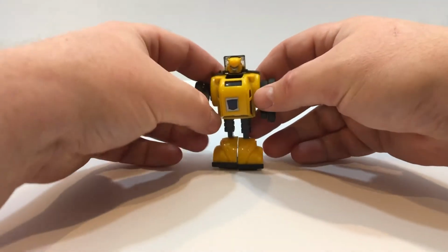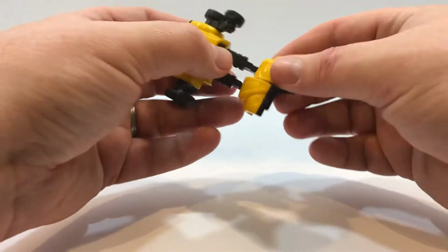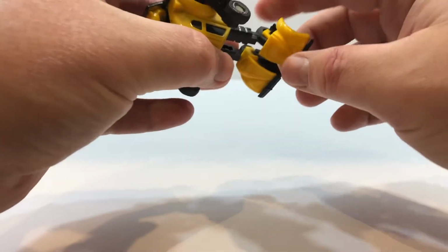All right, so let's go ahead and we'll get him sat down there. Well, this leg right here is giving me a little bit of an issue, so...